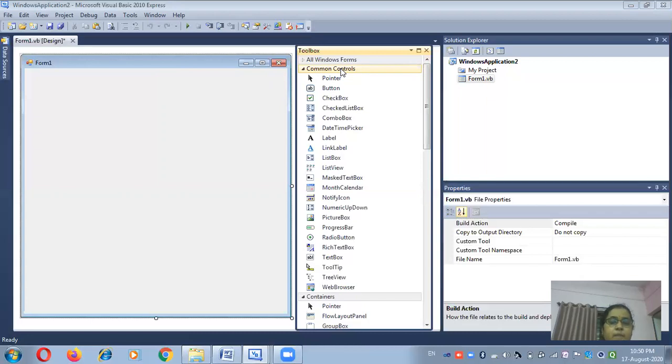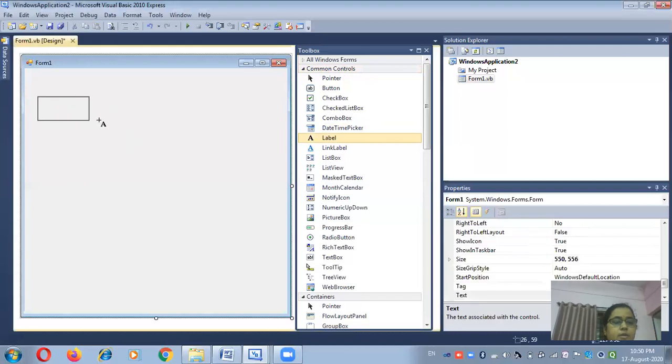Intrinsic control means there is no need to call it from some other place. Extrinsic control means as per the user requirement you can add it. Later on we will see in detail how to add extrinsic controls. Before that we will see how the common controls are used to make a simple application in Visual Basic.